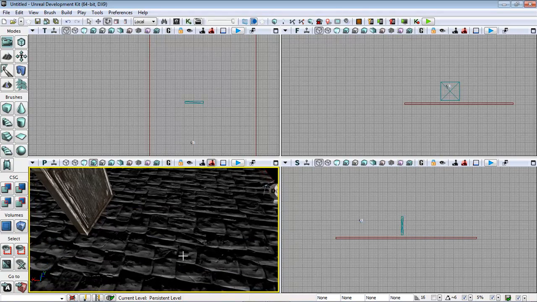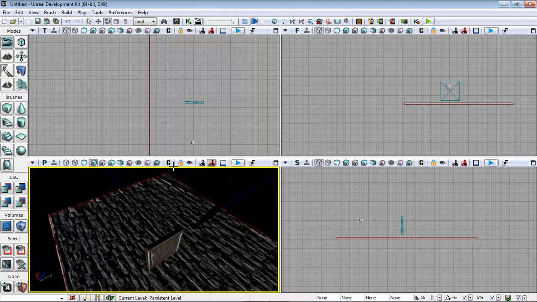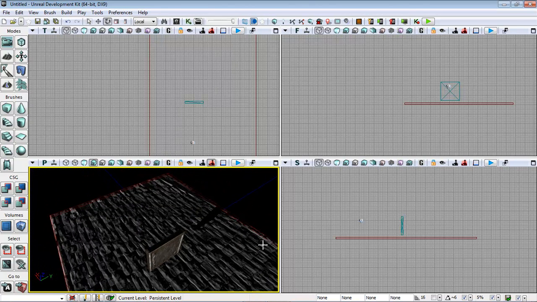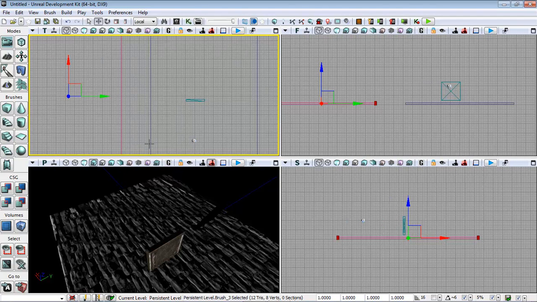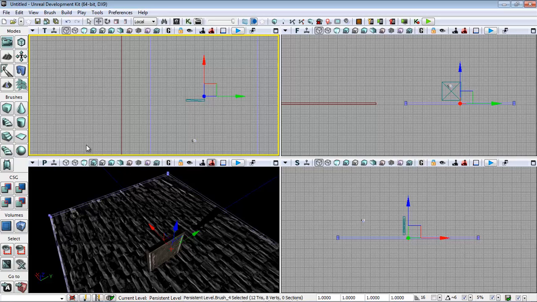Now, the tiling for the texture right now is, if I take this ground plane that I created, let me get the builder brush out of the way and just show you something. Okay, if I grab this, if I go to scale this in and out,